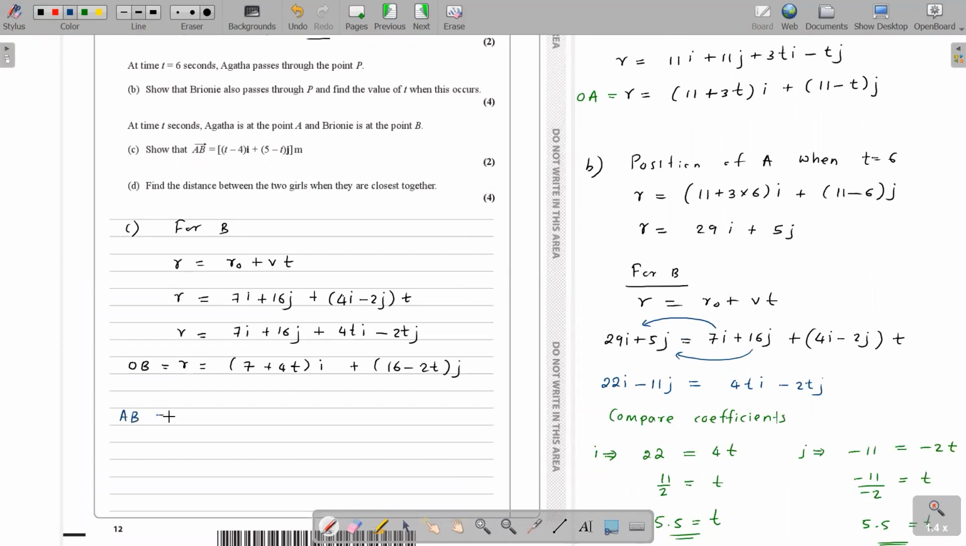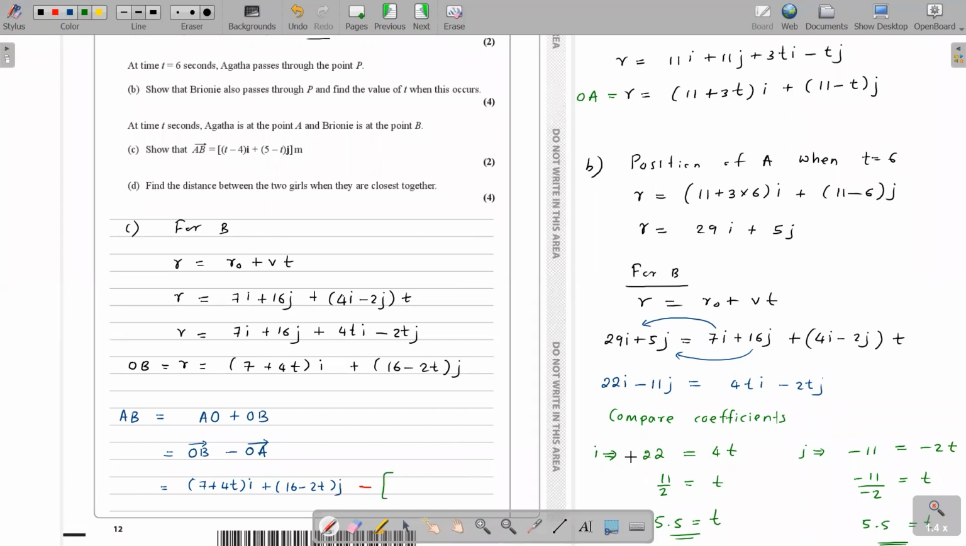How are we going to find AB? AB is B minus A, isn't it? Or we say AO plus OB. Or in other words, OB minus OA. Okay, so you are aware of this, right? This is vectors. So OB we already have over here: 7 plus 4t i, 16 minus 2t j, and then subtract with